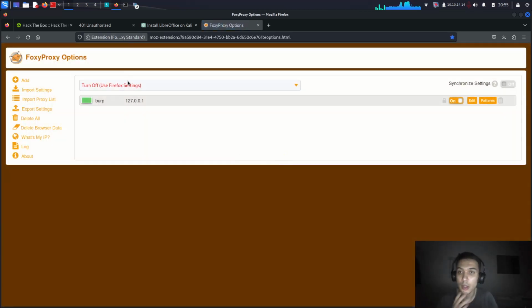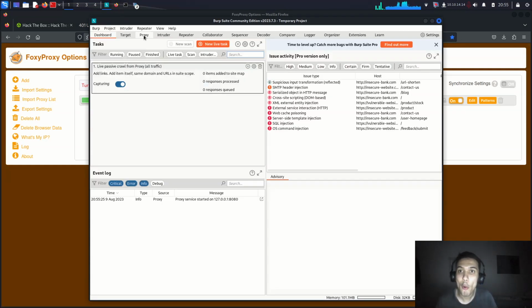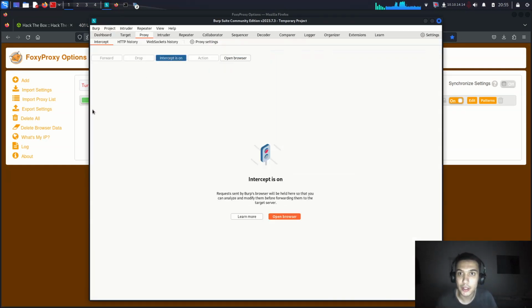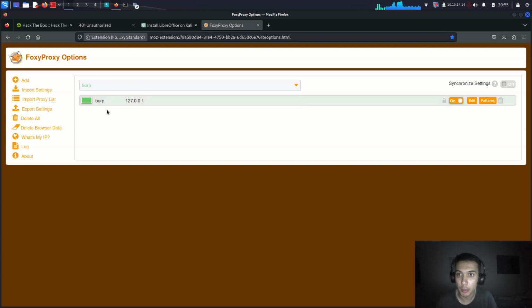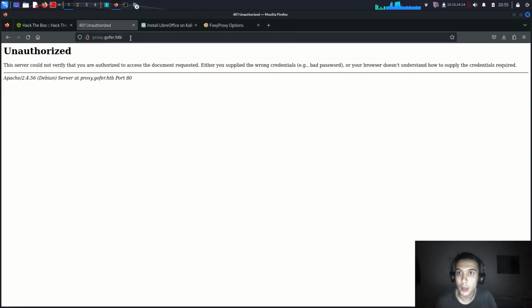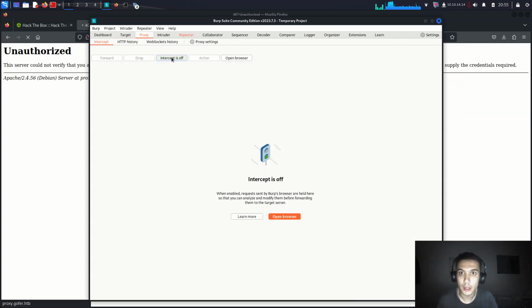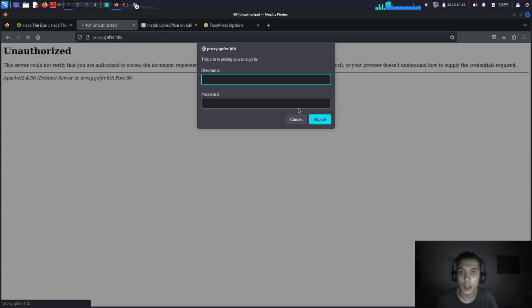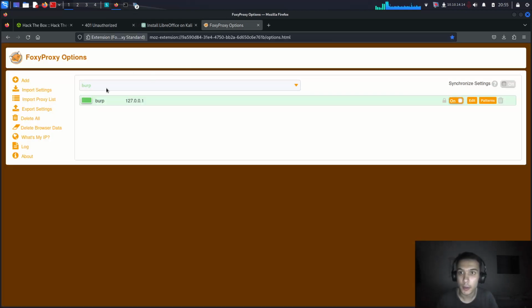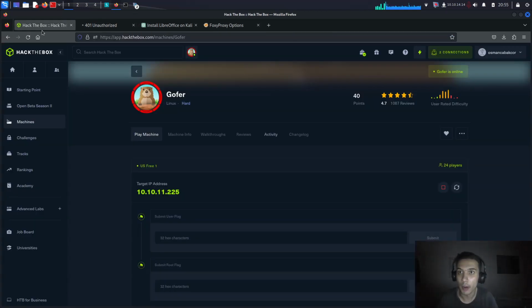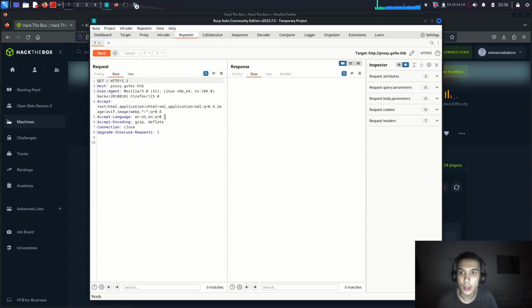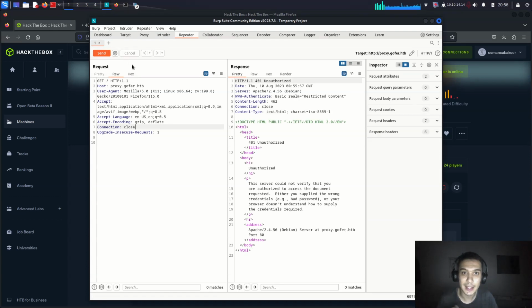You just have to start here and then go on your Proxy tab and Intercept is on, turn on Burp and go there to the proxy Gopher.HackTheBox one more time, and then you just have to send it to the Repeater. Intercept is on, and then turn off your Firefox FoxyProxy here, and if you go there to the Repeater, and if you send that,